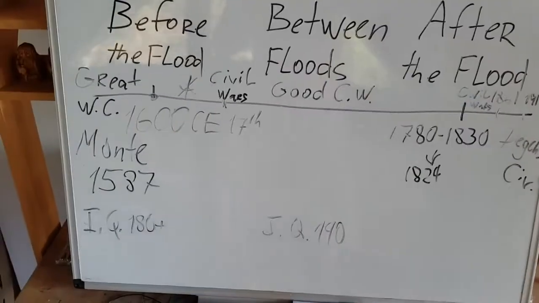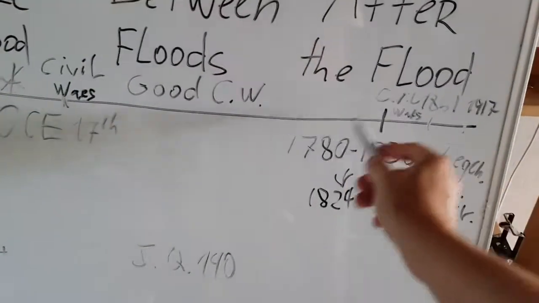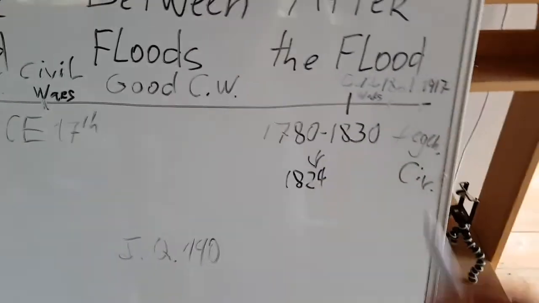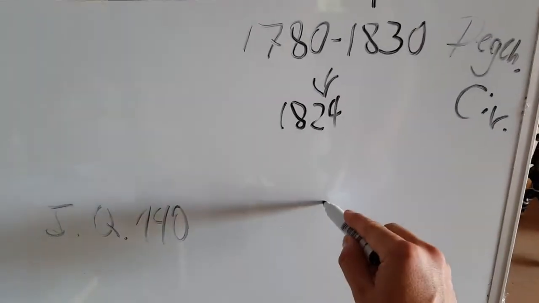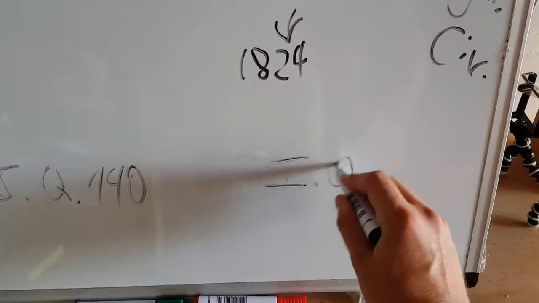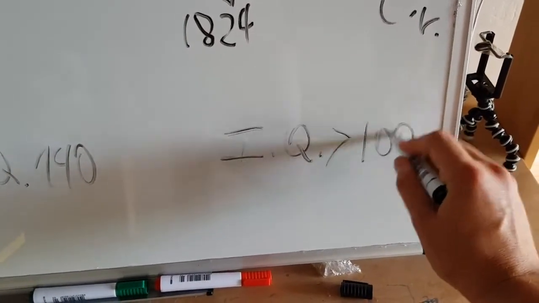So then we move on to our modern civilization, which is like right here. You had that period of unrest, nothing but wars, civil wars beginning from 1780, and lots of people died. And our modern IQ, and I'm sure you know it, is, let's say, on average less than 100.